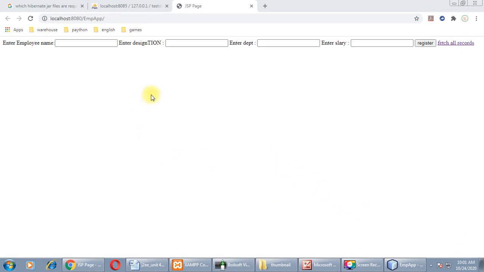In this way you can run this file. Enter an employee name. For example, I am giving Kia, manager, department number is 20 and salary is 20,000, and register.